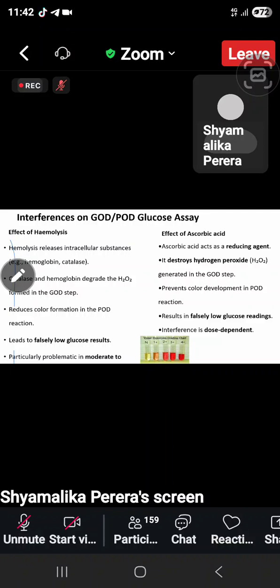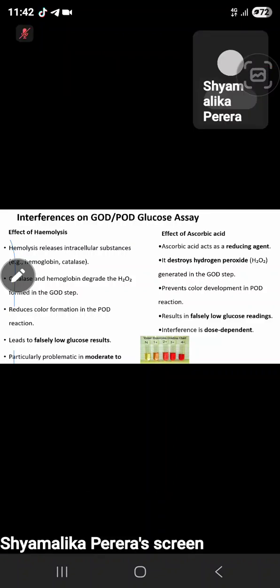In glucose oxidase, the first reaction produces hydrogen peroxide. If your sample contains catalase or hemoglobin, this hydrogen peroxide is totally degraded, into water and an oxygen molecule. So there won't be any peroxide in the samples for the next color development. So that leads to falsely low glucose results